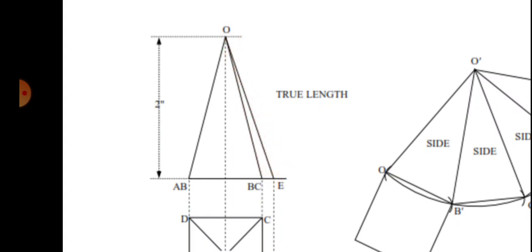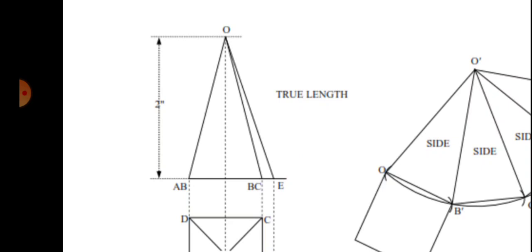Got it? So that length has to be considered. That is the true length. If you take this length and observe OB and OE, the new line you've got, there is a difference in length. So OB is the apparent length, OE is the true length. Okay, all these things were told in projection of lines, long back. You get two lines. What is true length? What is apparent length?